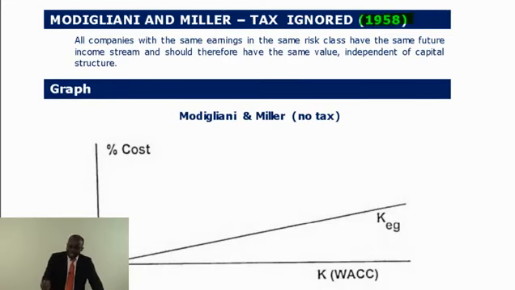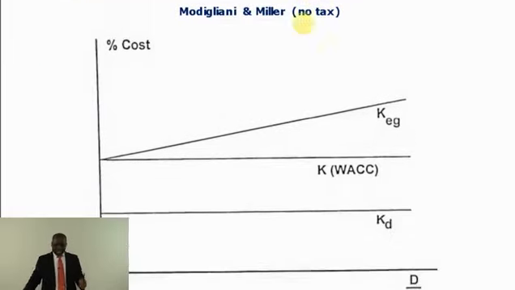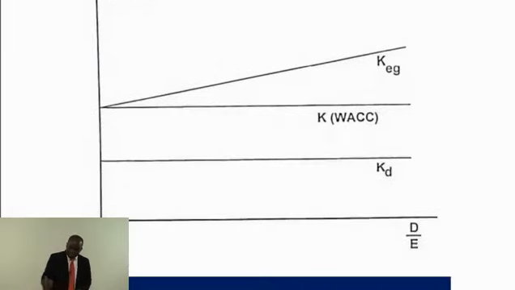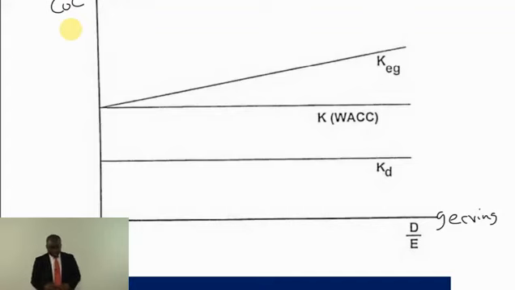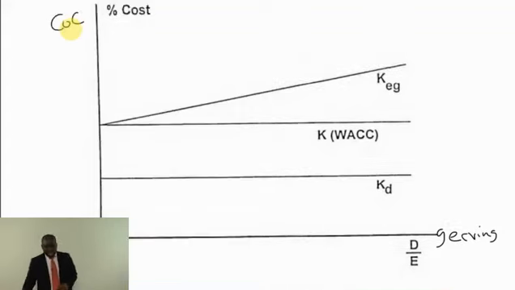Including the fact that there is no tax. They ignored tax, including the fact that there is no tax. And this was the argument. The argument is that this is your level of gearing, which is measured by the debt equity. This is zero. This is cost of capital. Their argument is that when you are ungeared, just as the traditional people, when you are ungeared, I'm having only